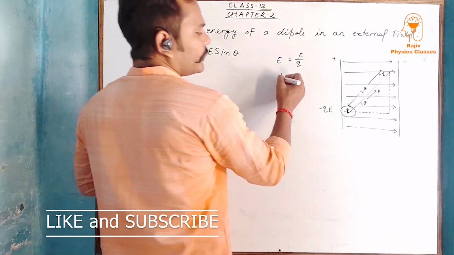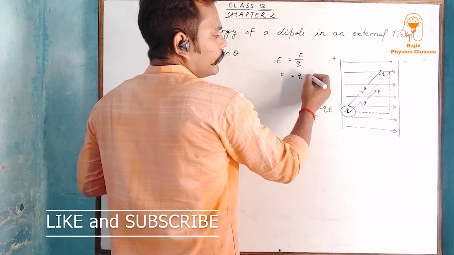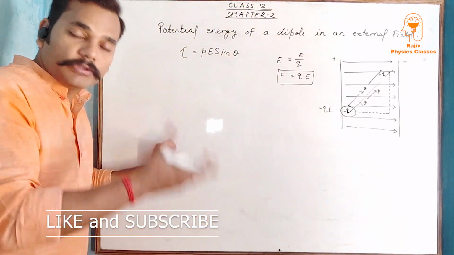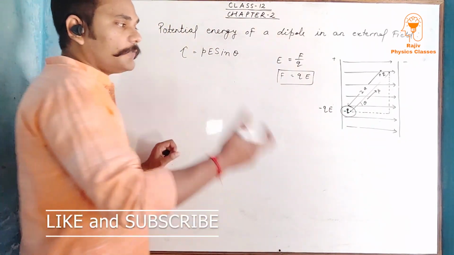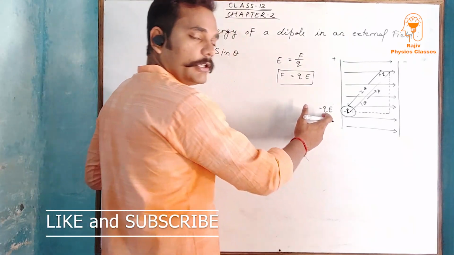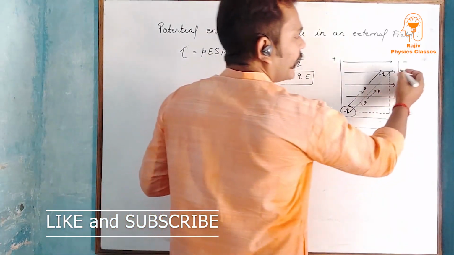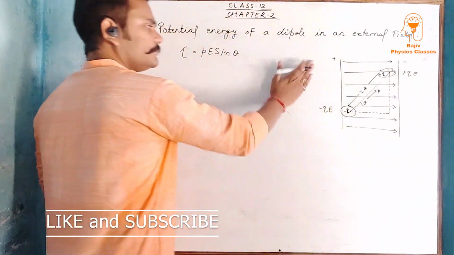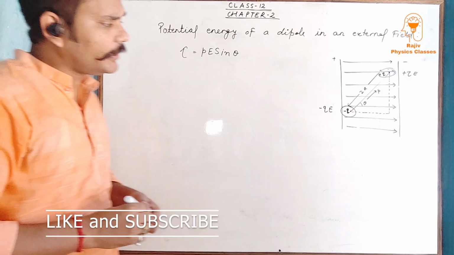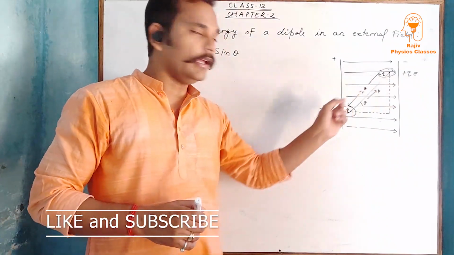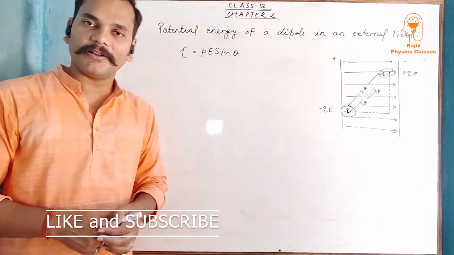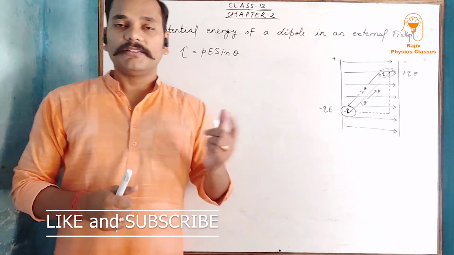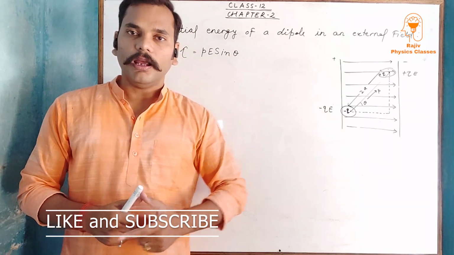Electric field is equal to force per unit charge. So from here if I calculate the force, tell me, if there is a charge in a uniform electric field, then due to that charge there will be a force. And that force is F equal to minus qE because of negative charge, and it becomes plus qE because of this positive charge. We can see here the magnitudes of the forces are equal, qE and qE. What is changed here? The change is only minus and plus. It means this force will be equal and opposite.